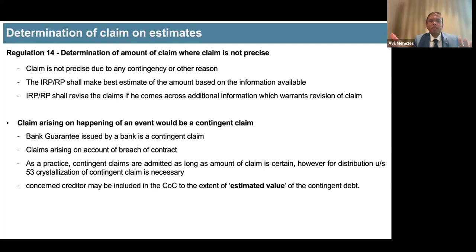If you accept 10%, then it is fine. But for damages, especially in an infrastructure project where there are a lot of other issues also, because there are claims and cross claims. Anyone who knows how an arbitration works, there will be claims and there will be cross claims. And then each of those claims and cross claims would be verified by an arbitrator. So that's not the job which an IRP would do.